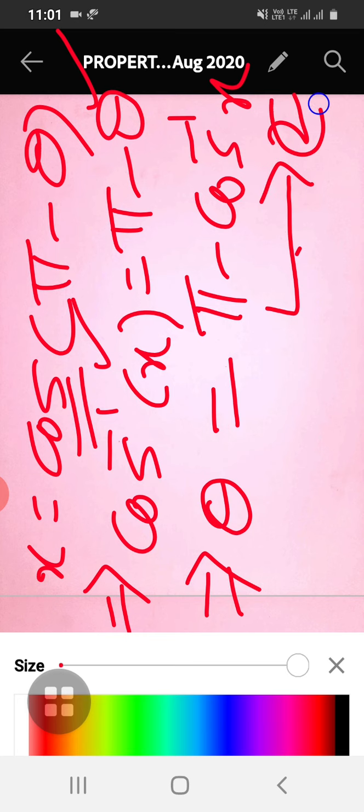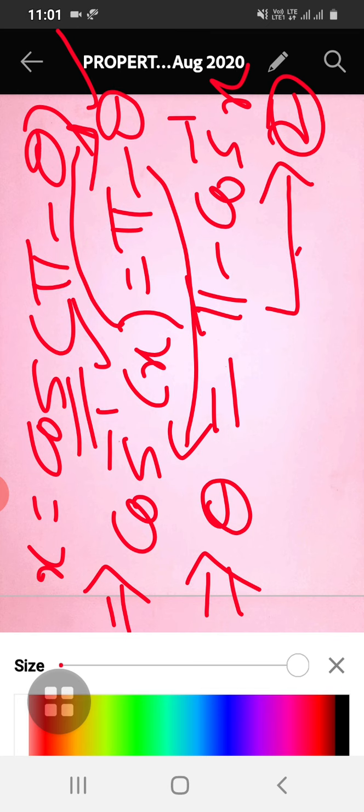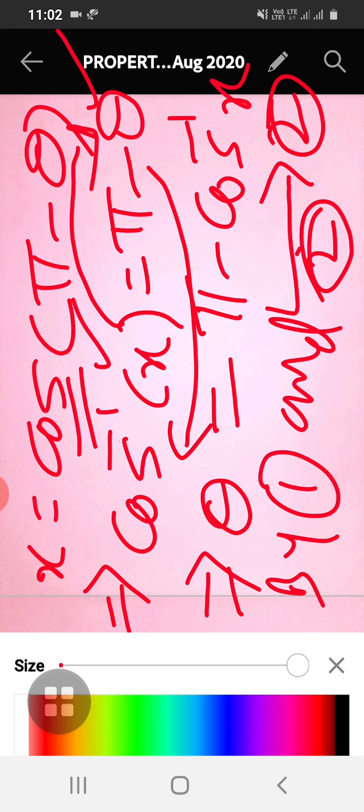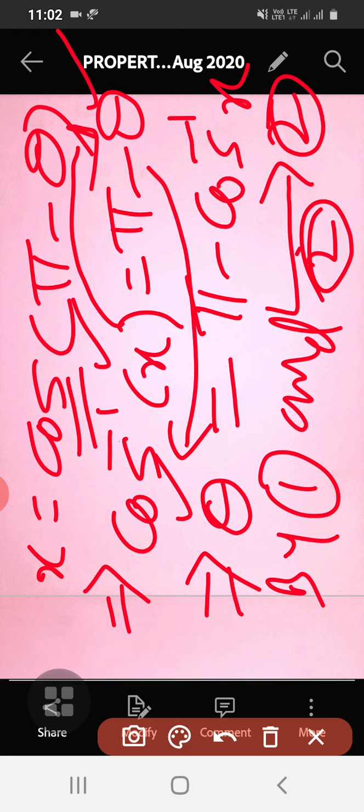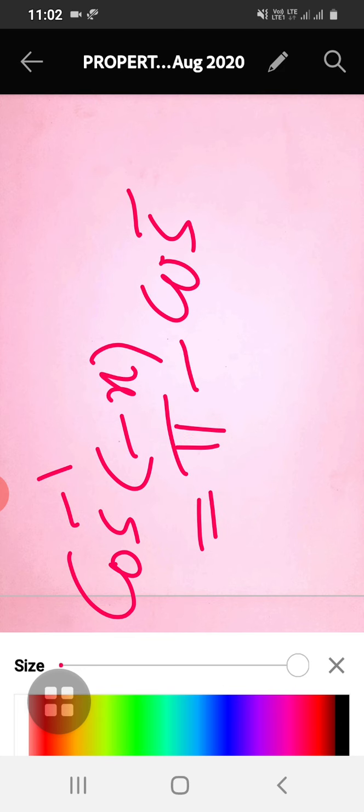I will call this equation 2. So I have transferred this theta to the left hand side and this cos inverse x to the right hand side. I got this. So this is equation 2. Equation 1 we have given the number earlier. So you compare those two equations, equation 1 and equation 2. Both sides we had theta. Therefore equating the corresponding right hand sides, what do we get? Comparing 1 and 2, I get the result as cos inverse of minus x is equal to pi minus cos inverse x.